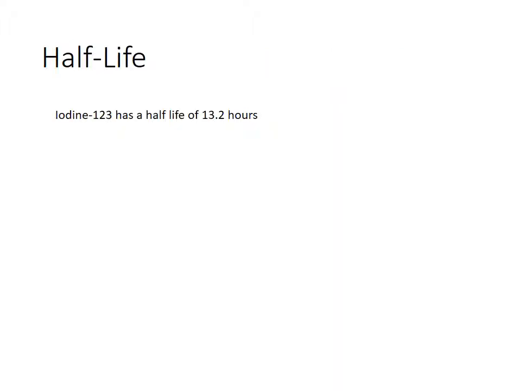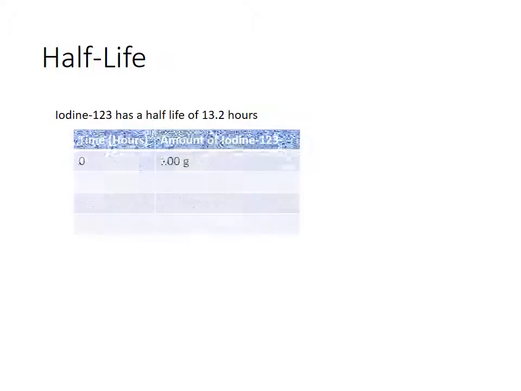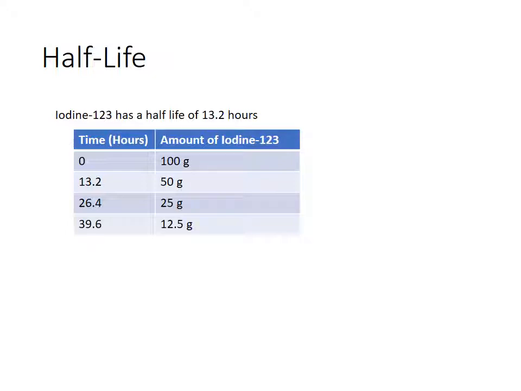Another example you worked with, even though we didn't write it explicitly as a differential equation, was half-life. Specifically, you looked at iodine 123, which had a half-life of 13.2 hours. So, for example, if you started with 100 grams of iodine 123, then after 13.2 hours, you'd have 50 grams left, and then another 13.2 hours later, you'd have 25 grams left, and then another 13.2 hours later, you'd have